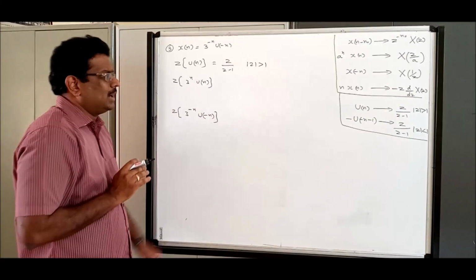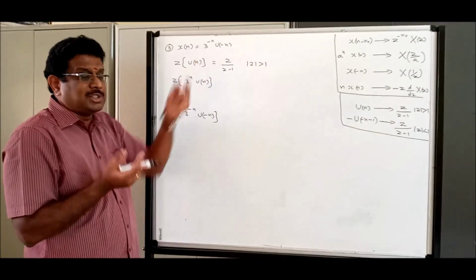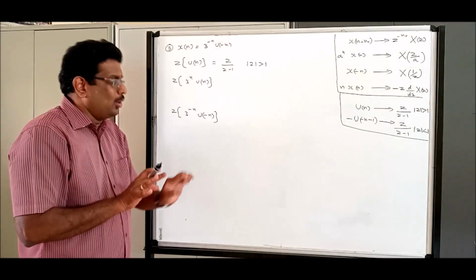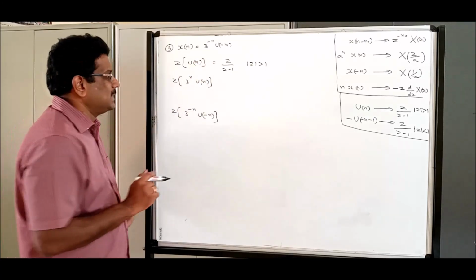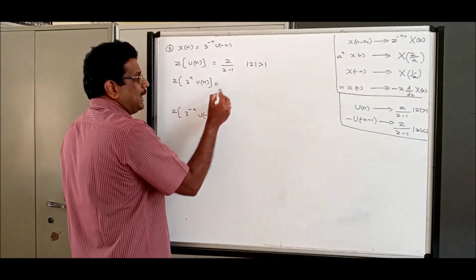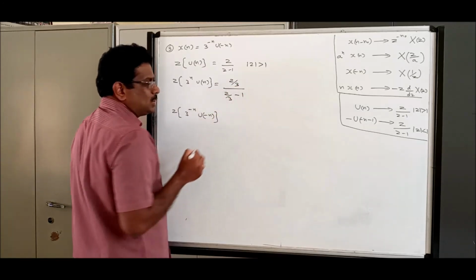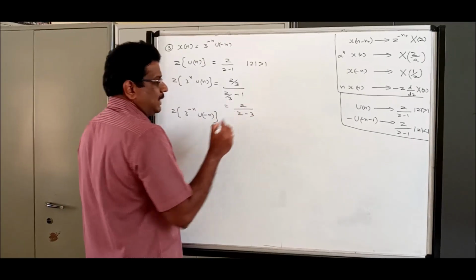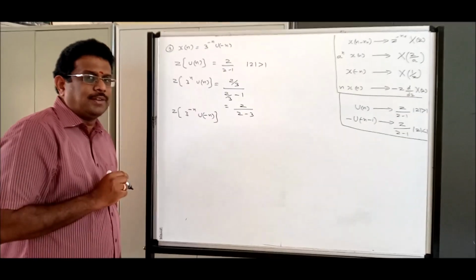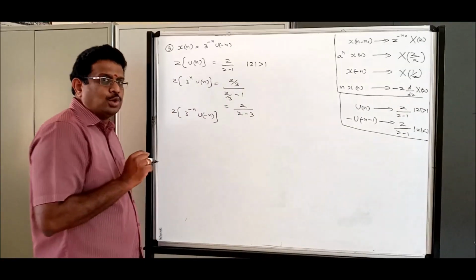Don't feel, sir, the ROC is greater but the problem is negative, the ROC must be lesser. Don't bother, the problem will take care automatically. You obey just the procedure. What about the property here? z by 3 divided by z by 3 minus 1. And what about the next step? z by z minus 3. And you should be sharp enough, you can write the answer directly. That much talent you should have.